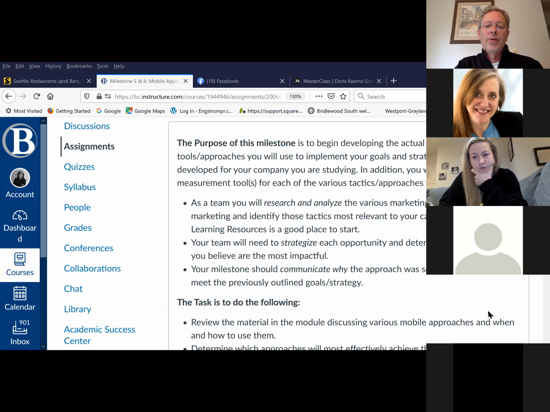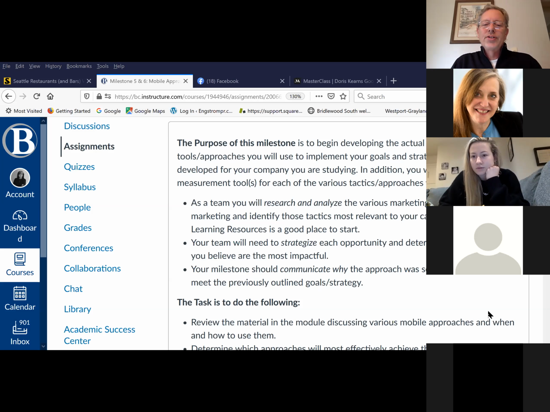No, I agree 100%. Okay. Just to follow up on Sandro's question, if we do a media plan, do we need to include monetary numbers as well, like what it would cost for each advertisement and things like that, or is that more detailed than we need? Yeah, I was going to say no. You don't need to get that detailed, more of what we would do in Kyle's class. I just wasn't sure how far you wanted us to go into that.